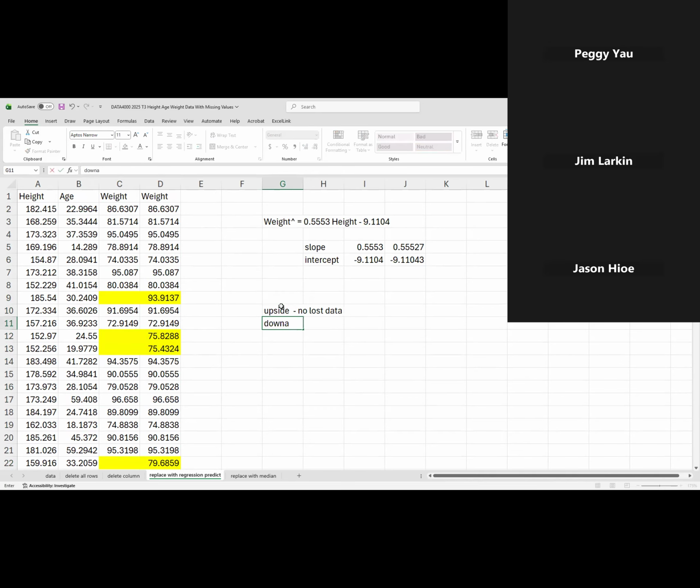But the downside is, again, that the missing values have been replaced. Not all the data is accurate anymore, assuming it was previously. But this approach might be better than the median and even the other approaches, as long as